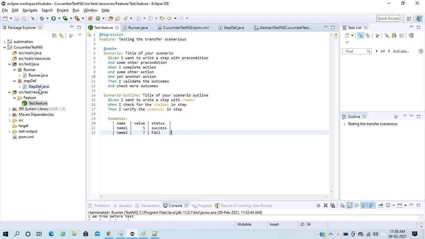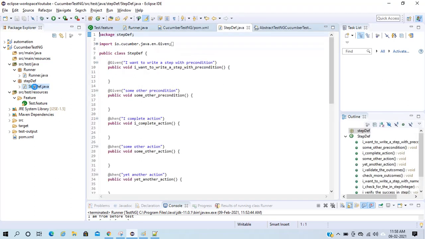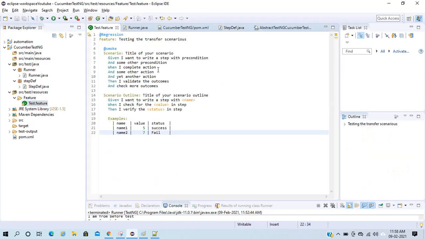So far what we have done is we have created a runner file. We have just feature and glue here, and there are many other things as well in the runner file which I will be covering later. I have a dummy step definition and some feature.